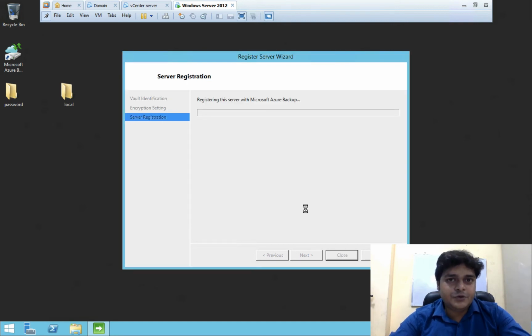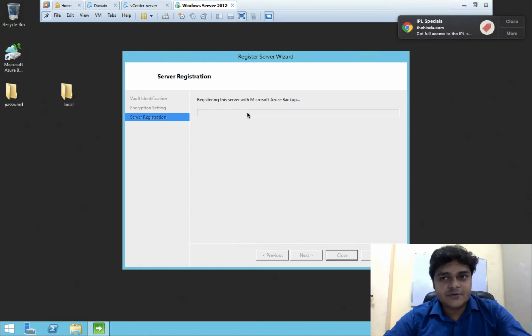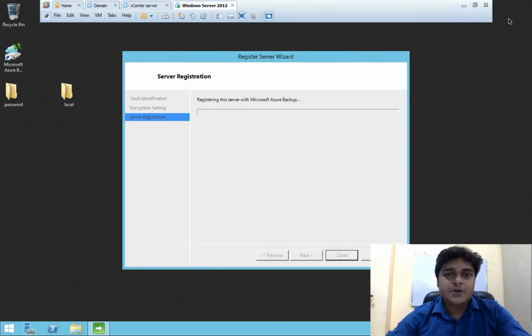If you are unable to use your own password, just generate a password and proceed, because it requires a minimum of 16 characters, with special characters and all. So that's why I'm going to proceed with the auto-generated password. Now this is the final step that you need to install on your on-premises machine to take the backup of your file and folder from on-prem to cloud. Once our registration is successfully configured, we will move to the practical part.